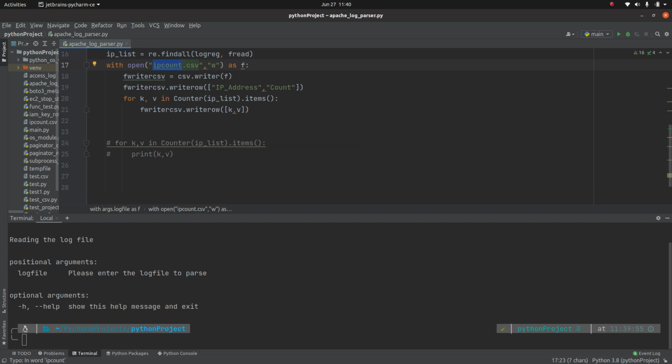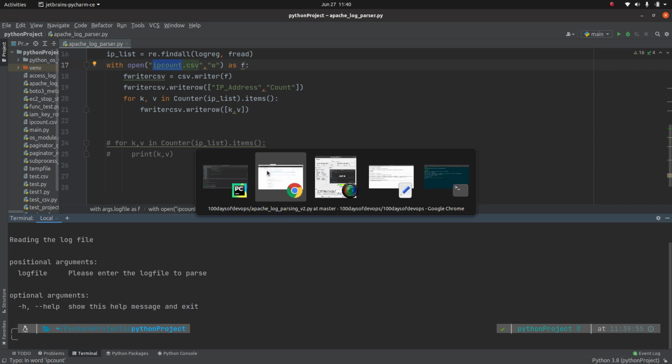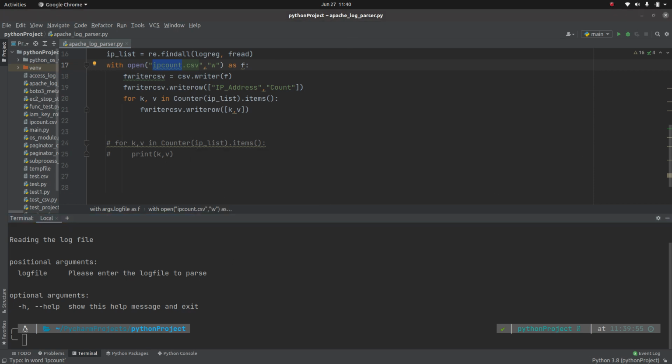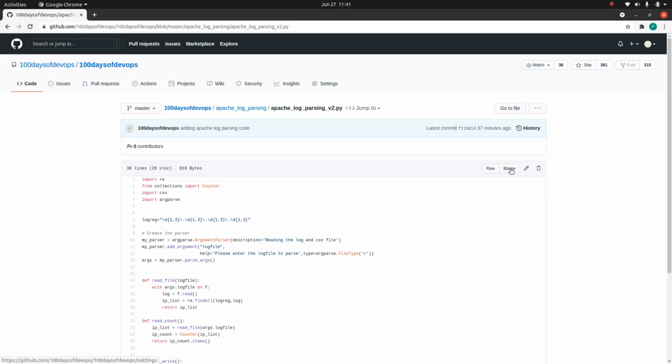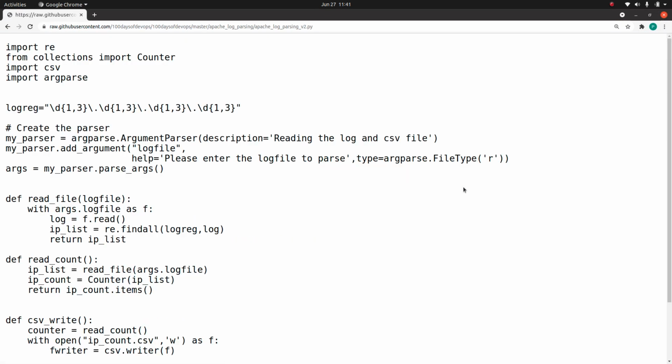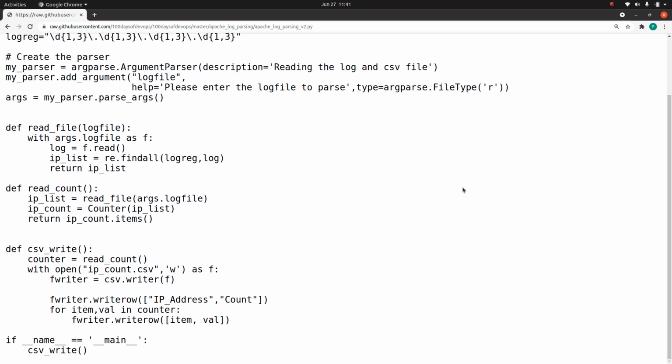Now let's look at the second version of this code, which I have already shared the GitHub link with you guys. But let me show you. I'm not going to write this code, but if you have any question, please drop it in the comment section and I will be able to help you guys. Okay, so let me open one new window and show you. This is exactly the same code that I have showed you, but rather than writing one big monolithic code, I have divided this code into 3 parts.